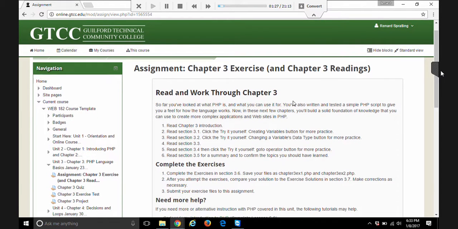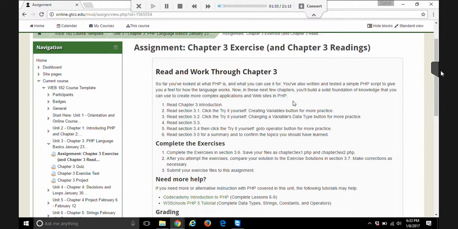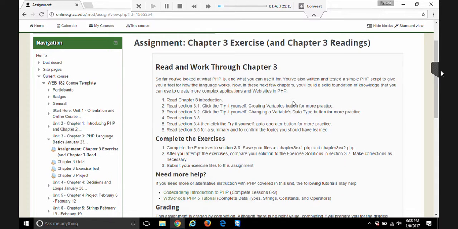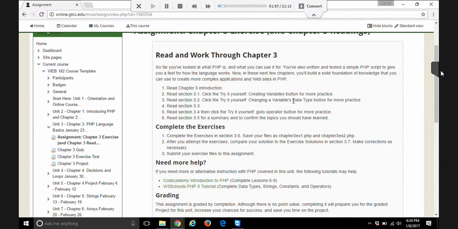When you look at the assignment, the Chapter 3 exercises in this case, and the Chapter 3 readings, essentially what this is, it's a combination of the readings you need to complete over in uCertify, as well as some hands-on exercises or some practice you can complete, as well as other resources that you can take advantage of, primarily in uCertify. So let's just jump over to uCertify to point out some of the things that you'll want to take